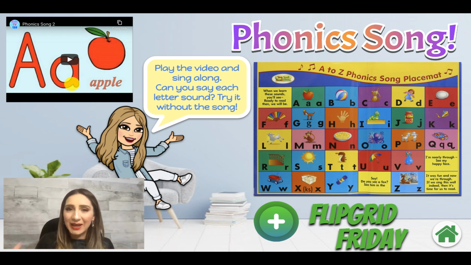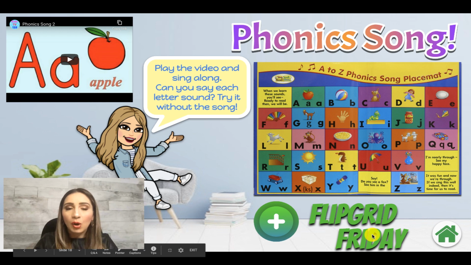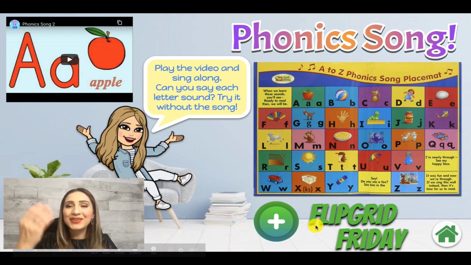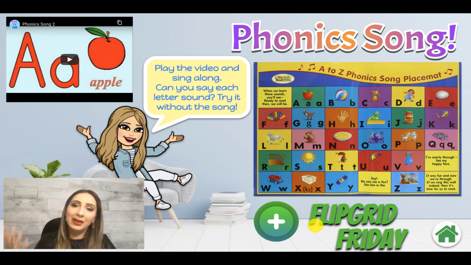Preferably, it would be amazing if you could record yourself singing the song with the kiddos, and then they would sing it with you as well, and that would be them practicing. And then the parents would know that on Fridays, the kids would have to record themselves singing this song. So they'd have to be like, apple, ball,